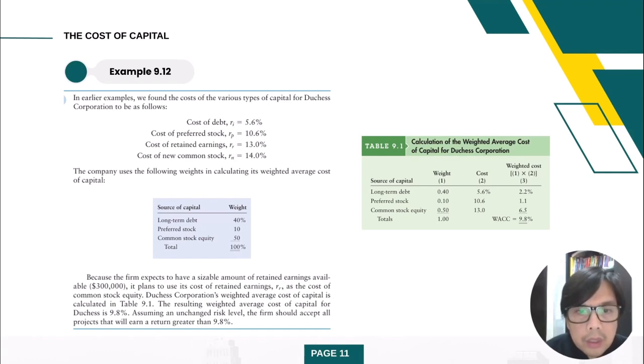Duchess Corporation's weighted average cost of capital is calculated in Table 9.1. The resulting weighted average cost of capital for Duchess is 9.8%. Assuming an unchanged risk level, the firm should accept all the projects that will earn a return greater than 9.8%,